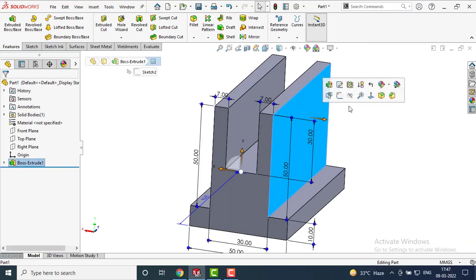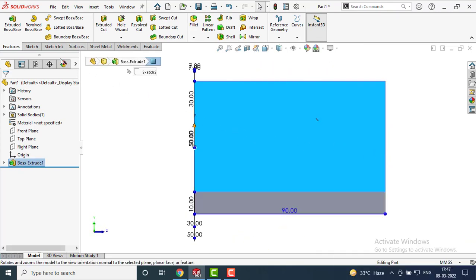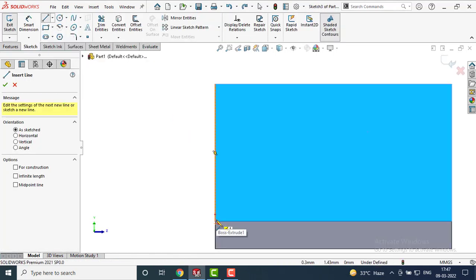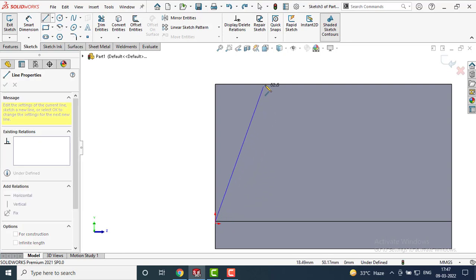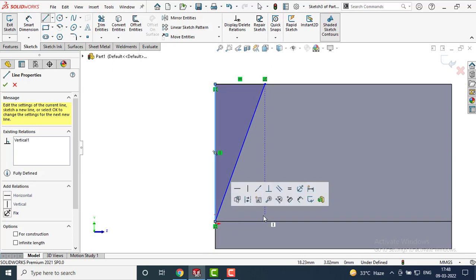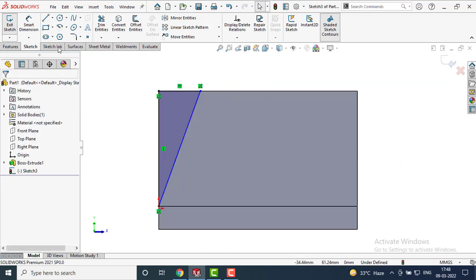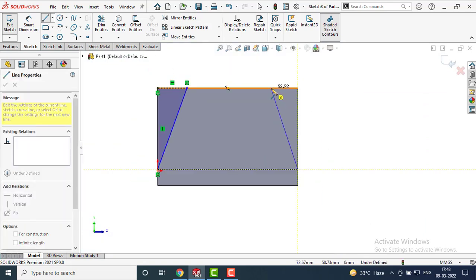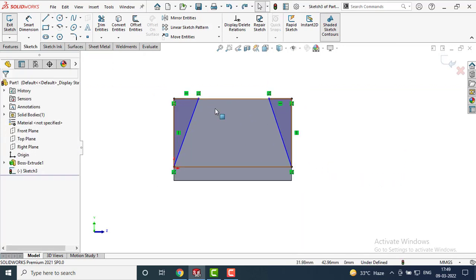Now click on this face, make it normal to and draw some sketch here. Go to sketch, select line, again select line. The distance between these 2 points is 50 mm according to the figure, so it should be 25 mm from the center point.